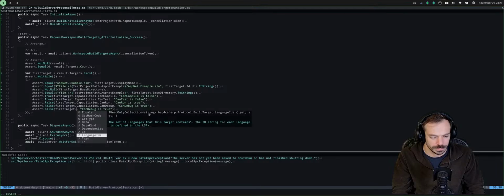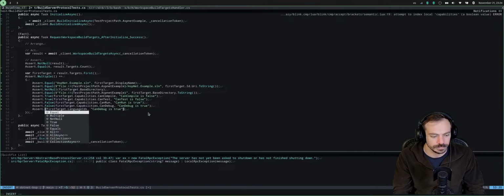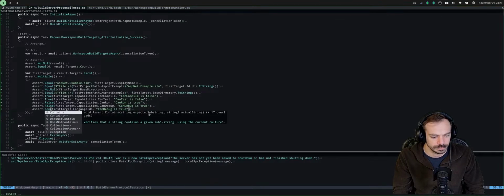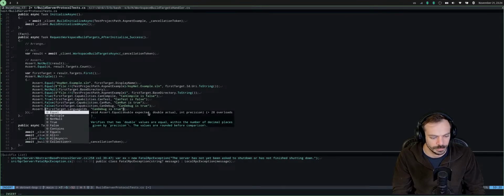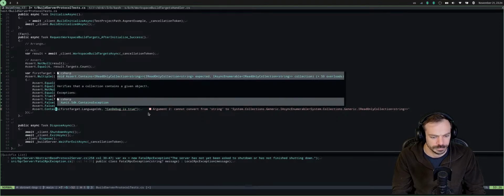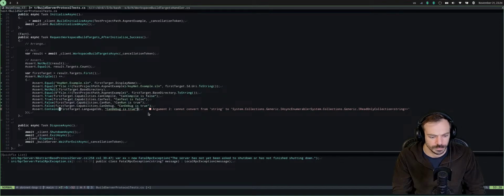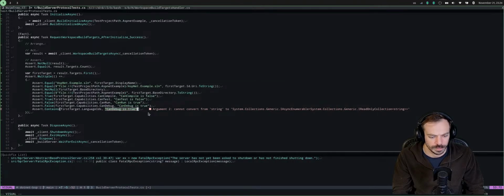Data kind language IDs. Contains section here.